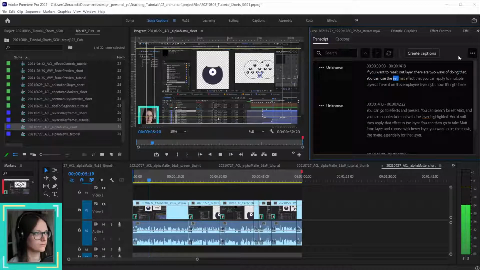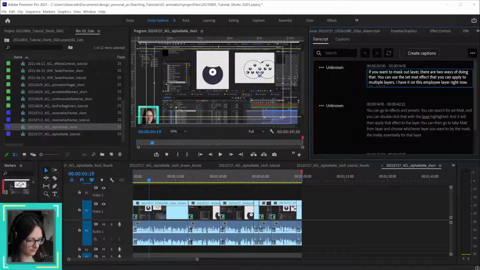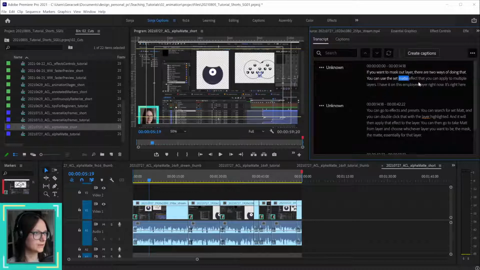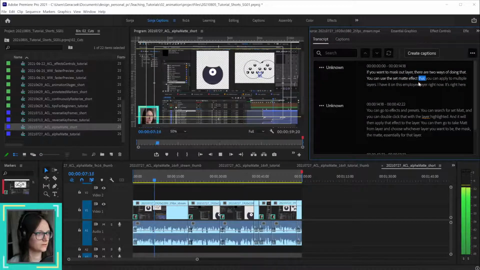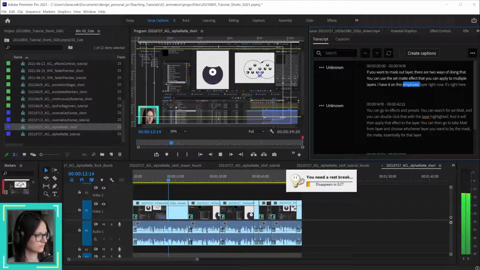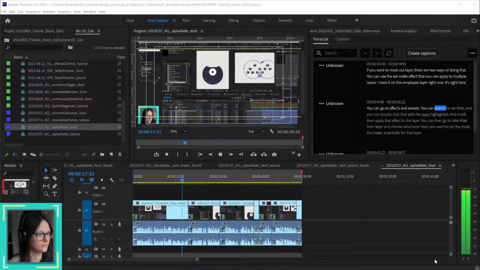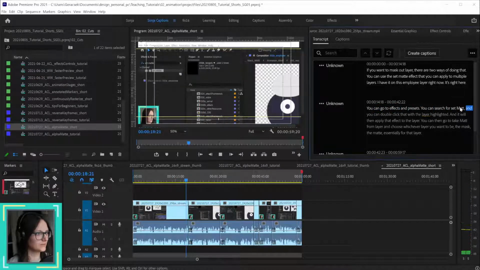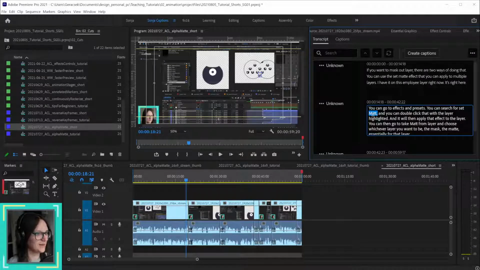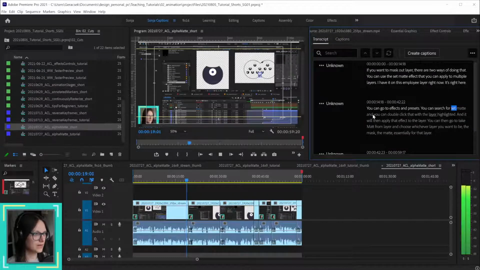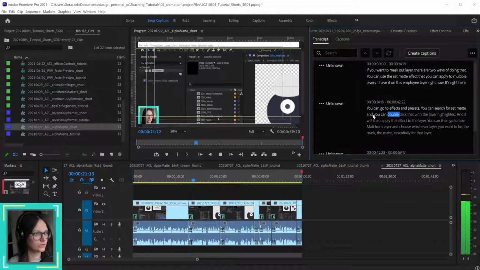You can use the Set Matte effect, matte is M-A-T-T-E, that you can apply to multiple layers. I have it on this employee layer right now. It's right here. You can go to Effects and Presets. You can search for Set Matte. Not Matt the person. Not mate either. Set Matte, and you can double click that with the layer highlighted, and it